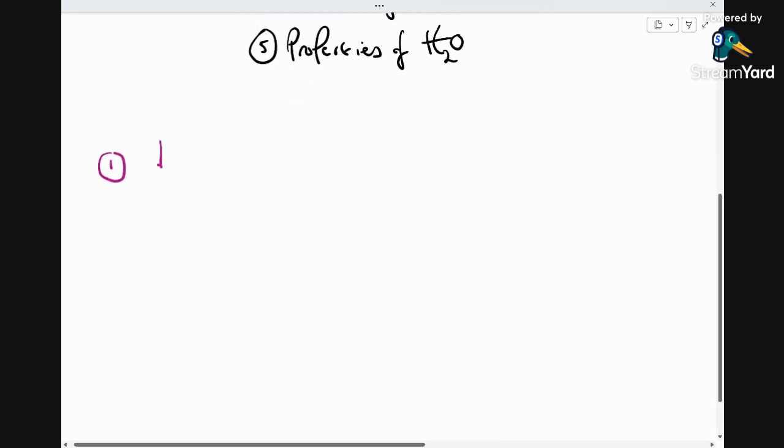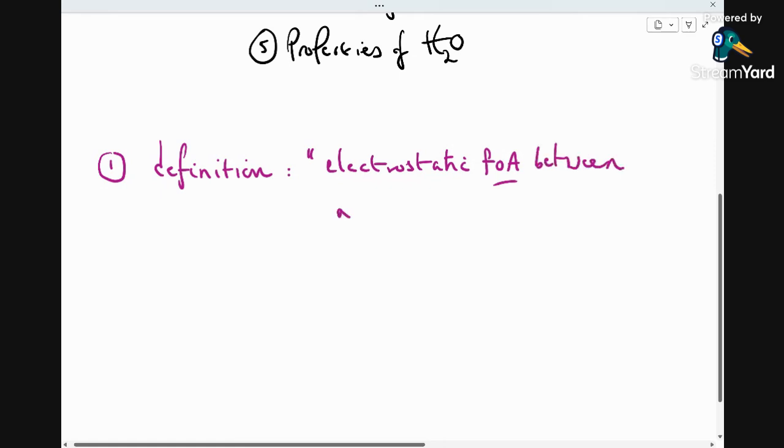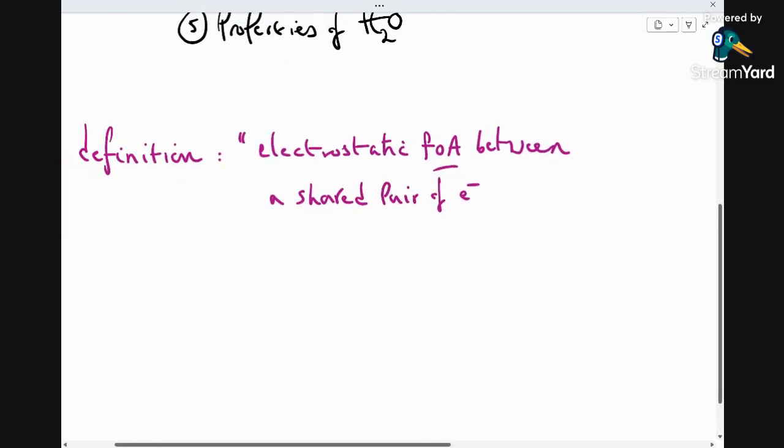We'll start with a definition of covalent bonding, which hopefully you remember from your GCSE chemistry, which is the electrostatic force of attraction, FOA, between a shared pair of electrons, e minus there I'm using just to represent an electron, between a shared pair of electrons and two oppositely charged nuclei,